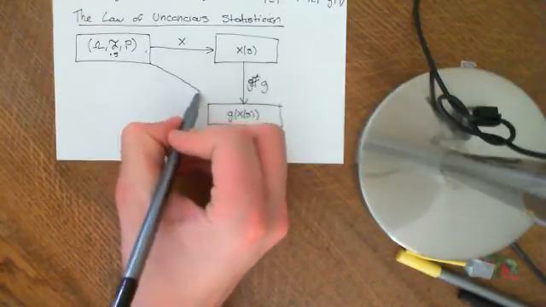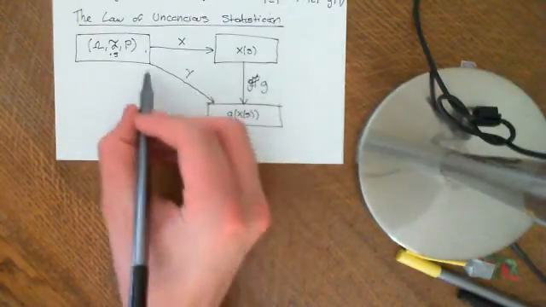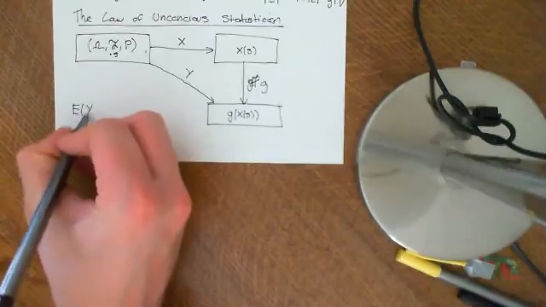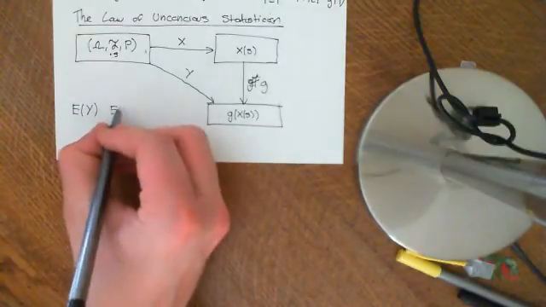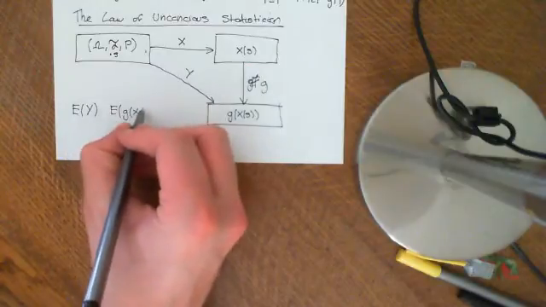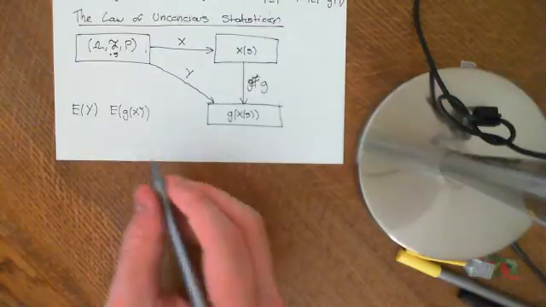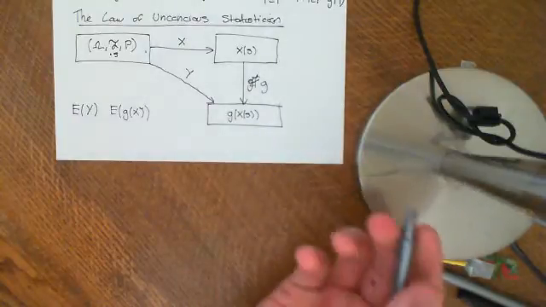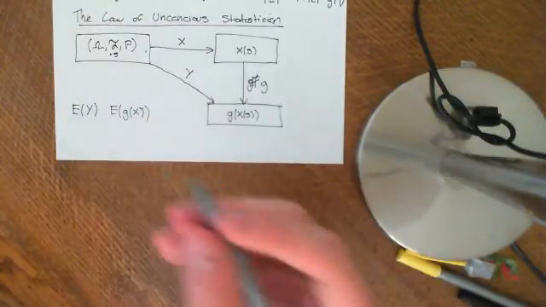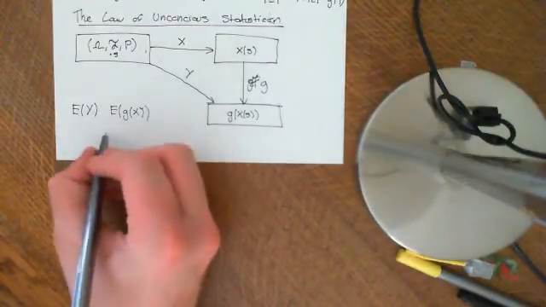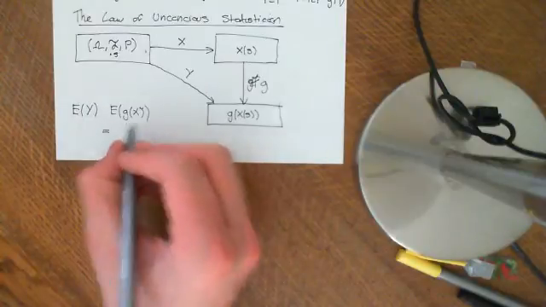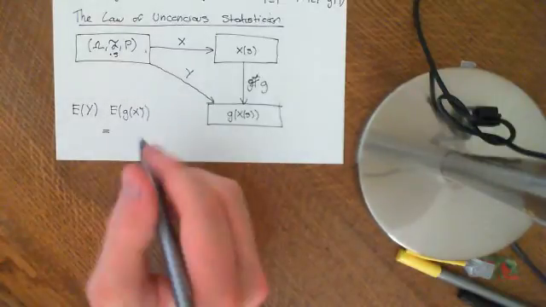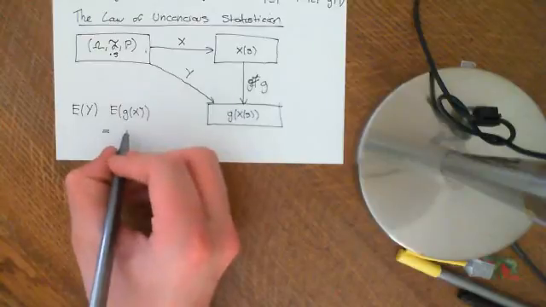Then what we want to know is, if we look at this random variable here, the composition of both of them, that is a random variable, and we'd quite like to know what is the expected value of Y, i.e. what is the expected value of g of X. Let's just put g of X like that, because usually we just write expected value of a random variable X. We don't write the expected value of X of s. So this is our random variable, X followed by g. The law of the unconscious statistician says that this, for discrete random variables, which is all we're going to prove it for, because it requires more technical maths to prove it for the non-discrete case,